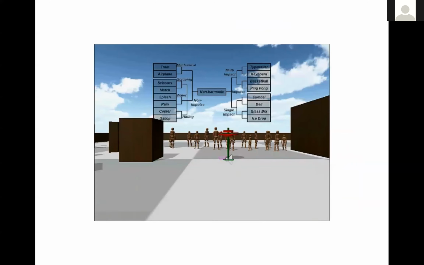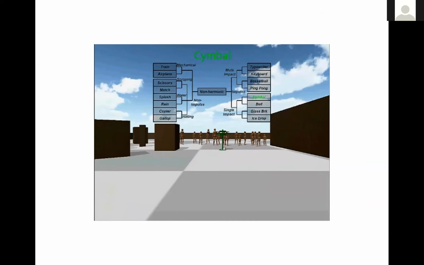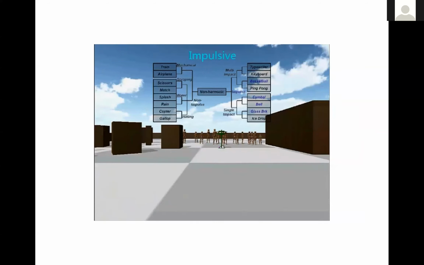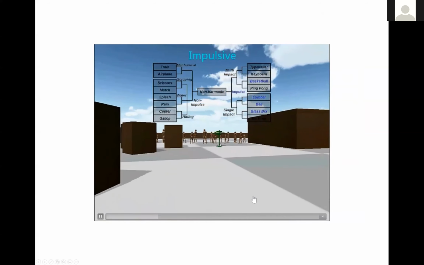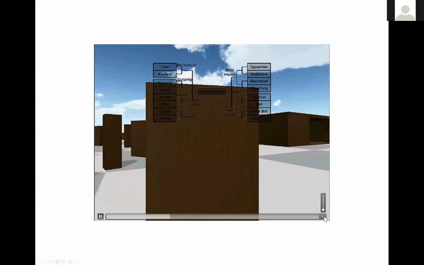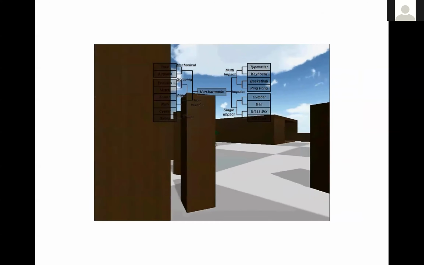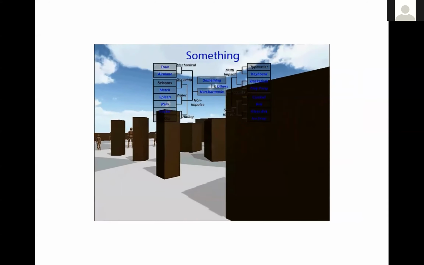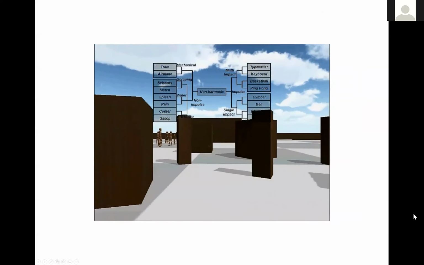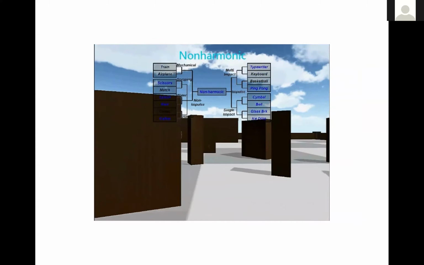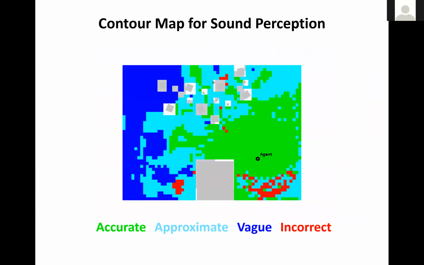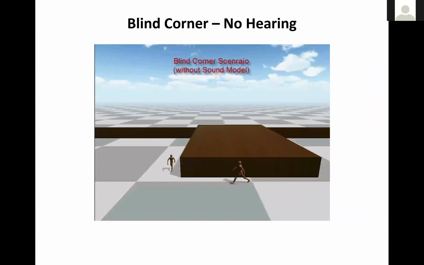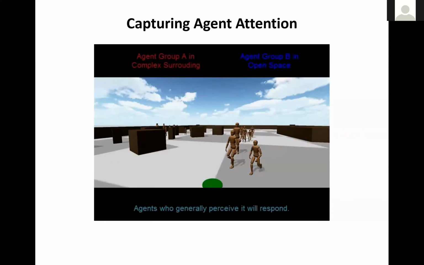Okay, so I'll skip through some of these results, right? But you can take this framework and we can start modeling virtual agents that not only see, but they also hear sounds in the environment, right? And you can use that as part of their behavior framework, right? So they can consider what they heard and account for that in their decision making. Okay, so let me skip through some of this in the interest of time. I've just got a demonstration of how you can account for sound as part of an attention framework. Okay, I'm skipping this. Let's get to an interesting demo.